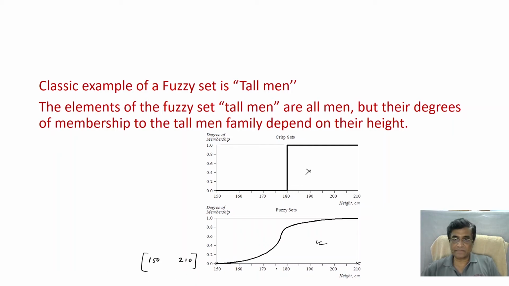Here, say 150, in this example, 120, 110. And then every element in this universe of discourse has some membership value in the category of tall. That membership value is given by a function like this. This function can also be like this, or this function could also be like this. So it's up to the expert, or maybe you can collect data and use your past experience, and you draw a line.